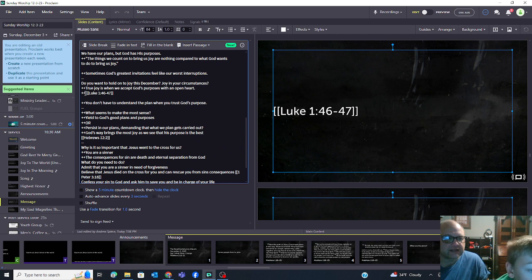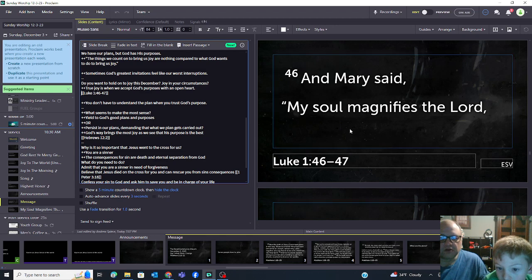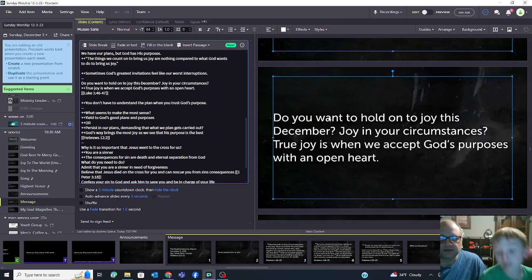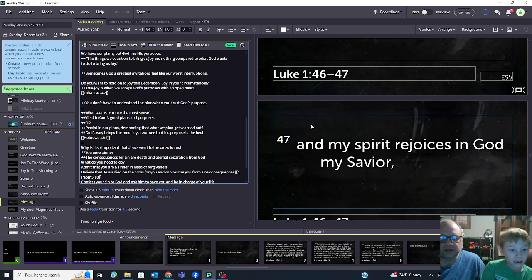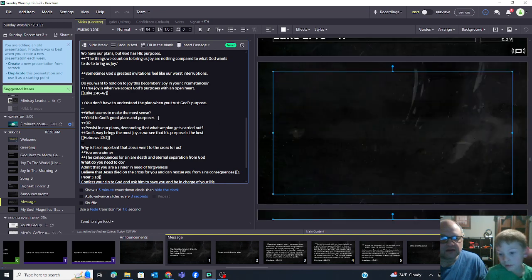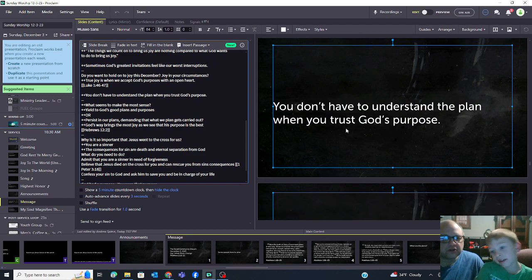You notice that it's got a plus next to it. What we need to do is take that out, and let's see how that adjusts. It should adjust itself. There we go. Luke 1:46. So there we go. It fixed it for us. So the pluses can't go on the verses. They need to go in there like that. All right, so let's scroll down and see if there's any more issues. Oh, there's that.